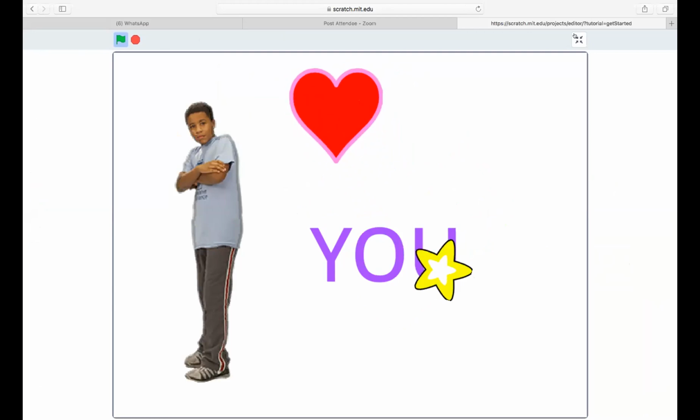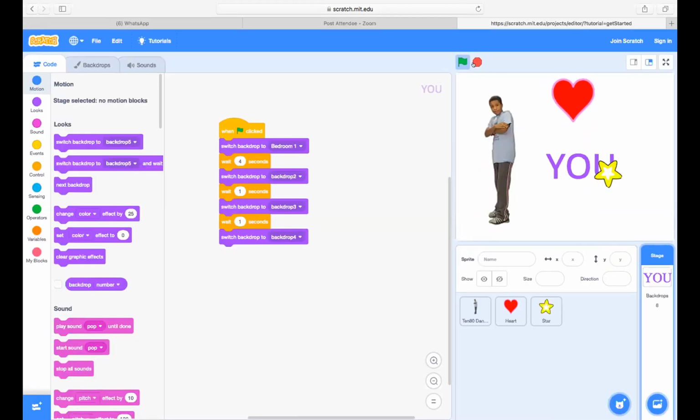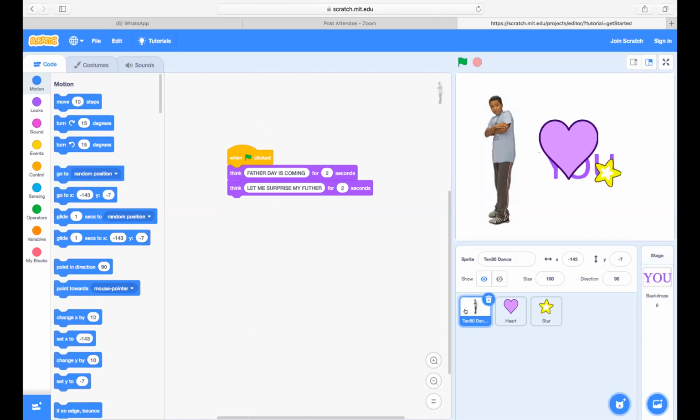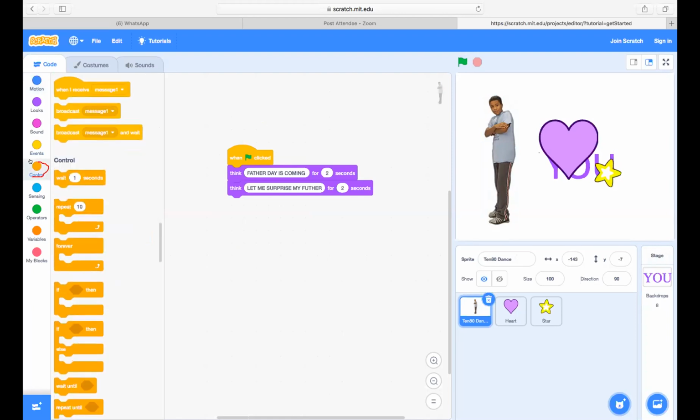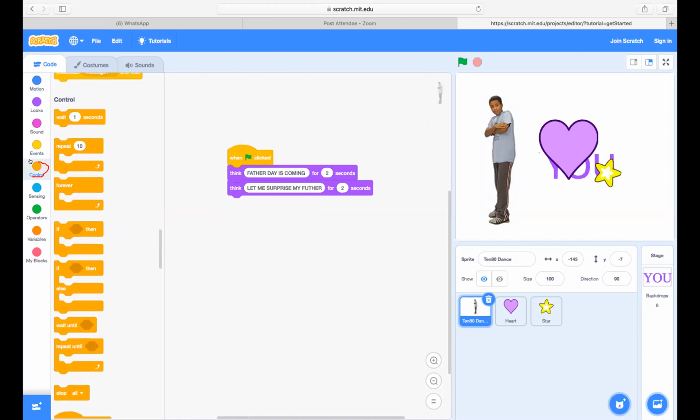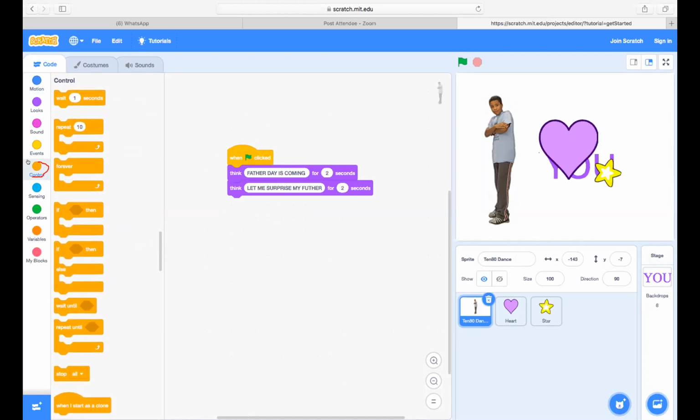Let's go back to the code and let's select this first sprite, the dancer. Yes. And go to control. Go to forever. Put forever over here.